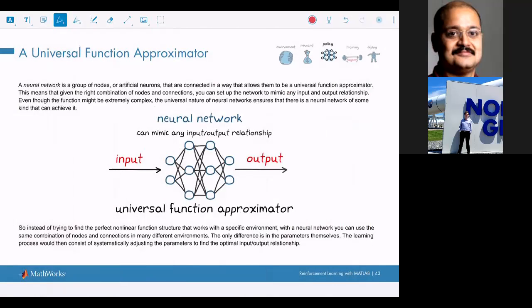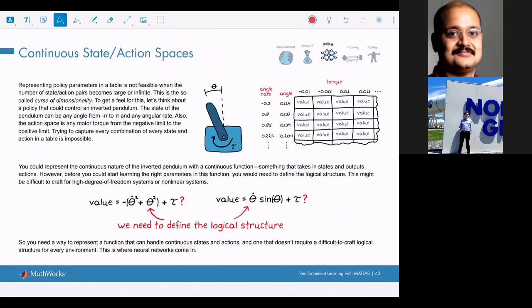Now, this becomes super complex. What should be the structure? And again, since there are a lot of variables, the easiest way to represent a function that can handle continuous states and actions is what we do with the neural network. So the idea is, now basically this is where the DQN and all those techniques in reinforcement learning come in